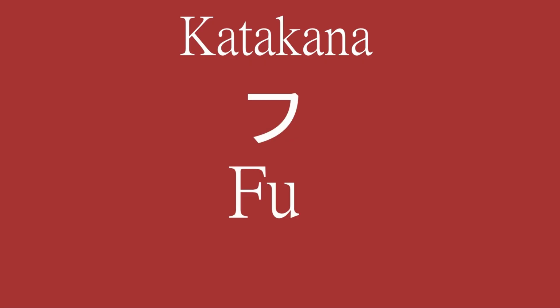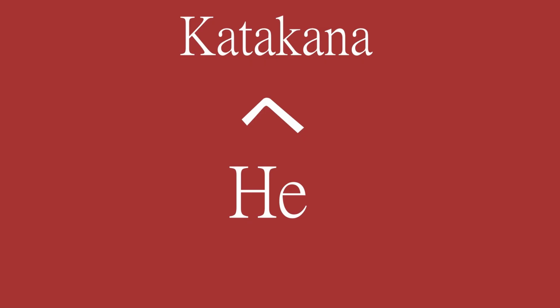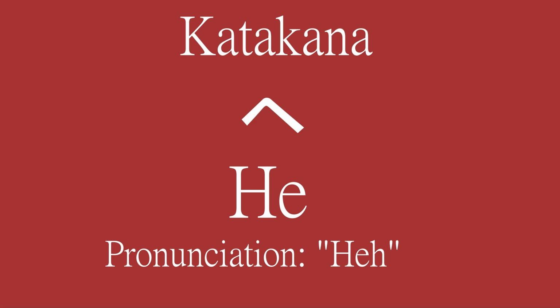ふ、ふ、 The pronunciation of the character fu in Japanese is something like the combination of FOO in English. Let's see how to write it. Write a horizontal line going left to right, then curve it downward at the right end. へ、へ、 The pronunciation of the character he in Japanese is something like the combination of HEH in English. Let's see how to write it. Draw one angled stroke like a simple roof.